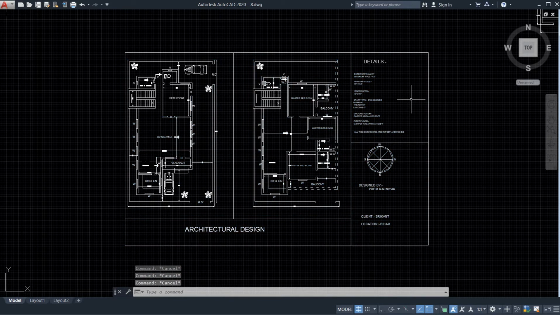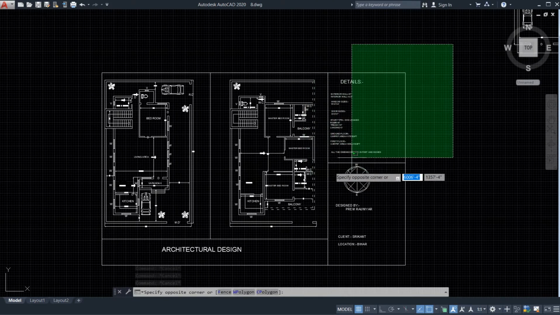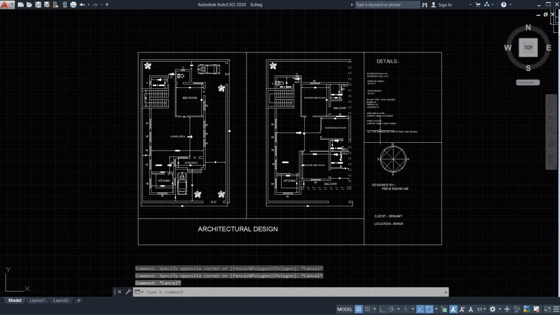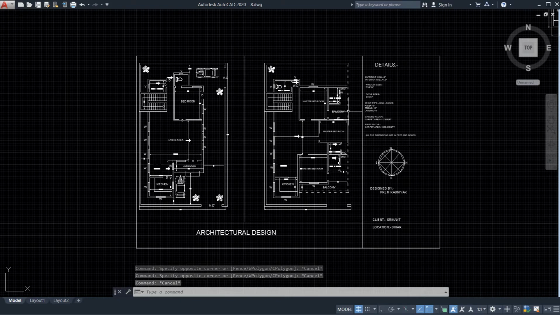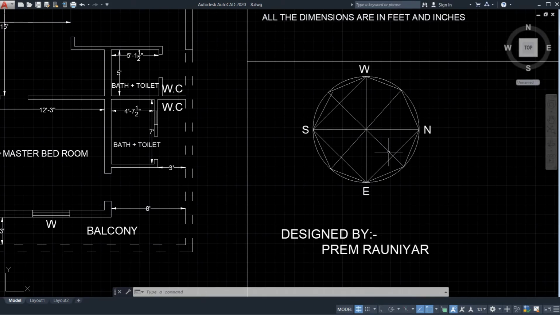In my previous tutorials I am also telling you the things which I am going to tell you over here: these green lines as well as this yellow line. So let's talk about this selection, how to select any kind of plan or any kind of object in AutoCAD. First of all, if I want to select this N in this direction, I'm going to tell you how to select only this N. Most of the people make the mistake like this, so please don't do it like this. That is not the way of doing this.